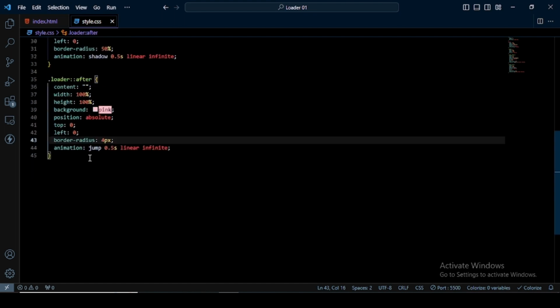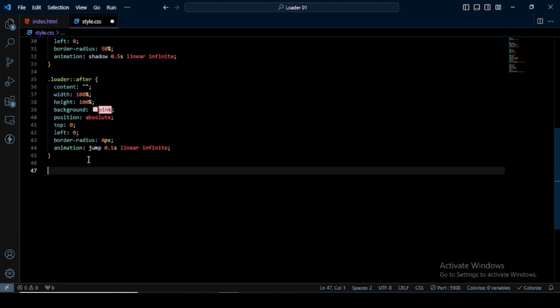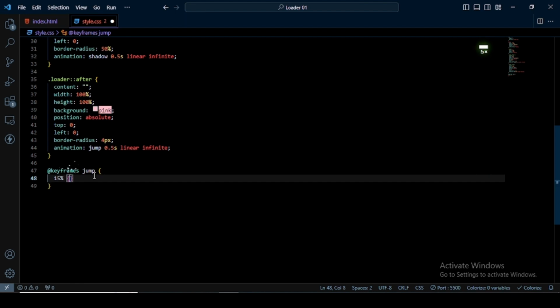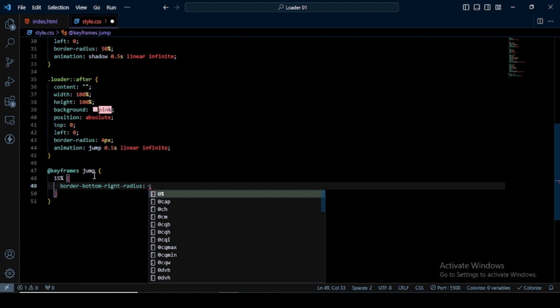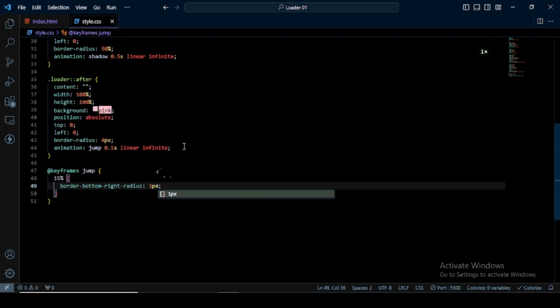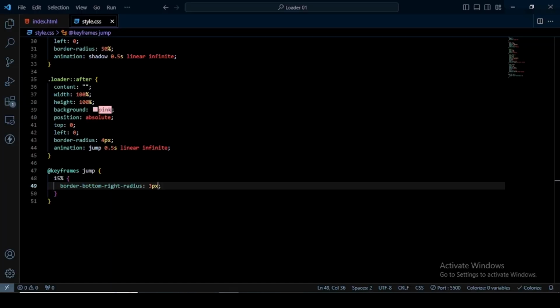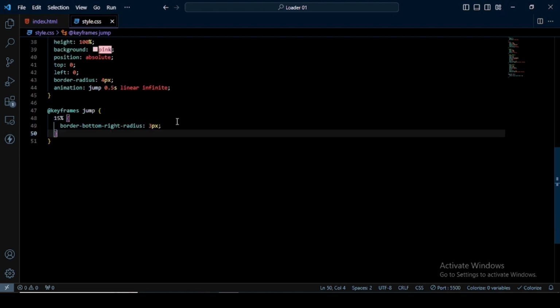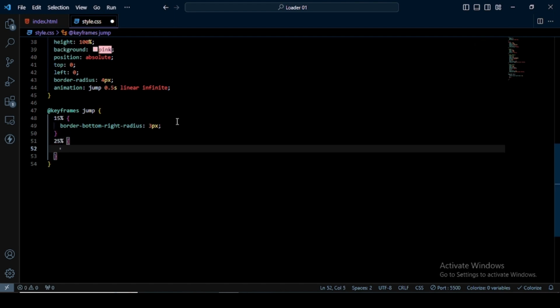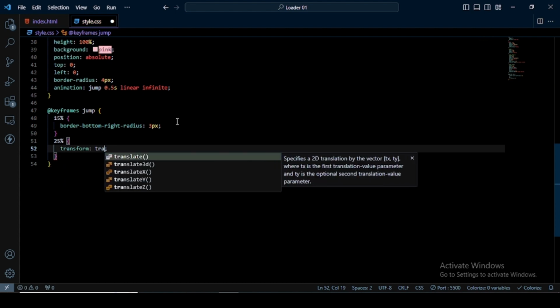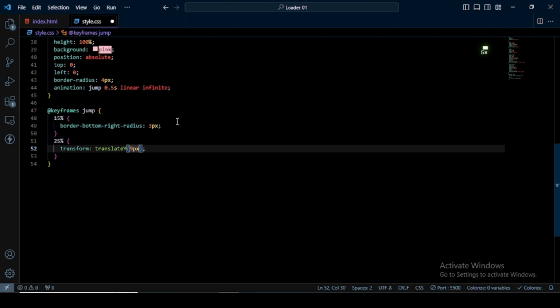First we apply animation on jump, so here I write keyframes, and after that animation name jump, and next we write 50% and give a border-bottom-right-radius 3 pixel. I gave 3 pixel, and I check this and it's not working, I think. So next what I can do, I write 25%, and here I write translateY, and give 9 pixel. After that we write rotate 22.5 degree,